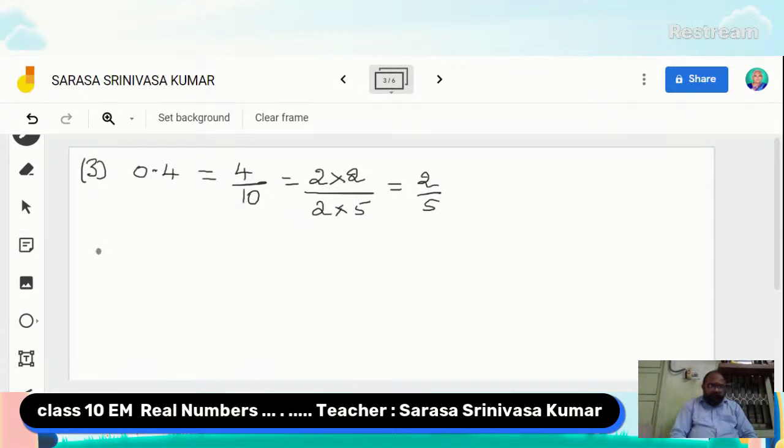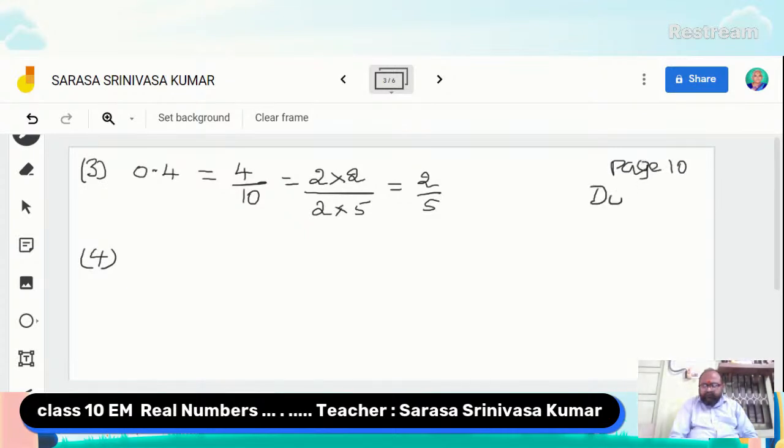And next, fourth problem, students can refer page number 10. Do this. Fourth problem, it is 23.34. This is equal to 2334 by 10 square. We can write. Now we find the prime factors for